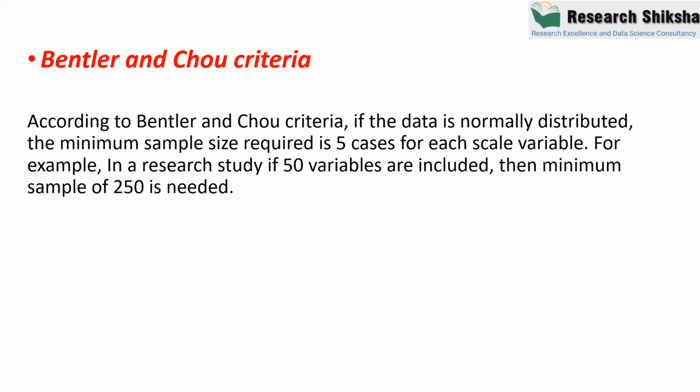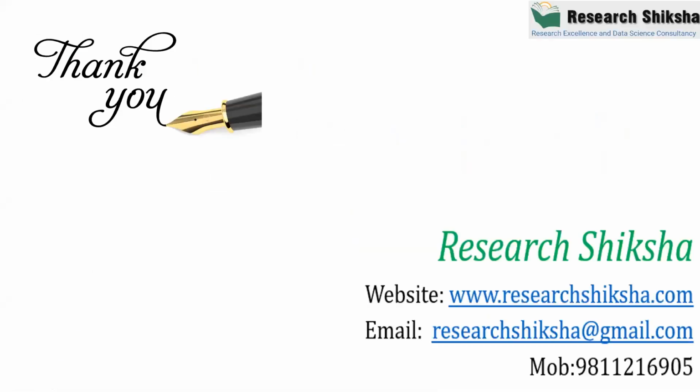For example, in a research study, if 50 variables are included, then a minimum sample size of 250 is needed. I hope this Bentler and Chou criteria will help you a lot, and references for all the formulas are given in Google. After this lecture, I hope you have clarity about the sample size, and you can deal